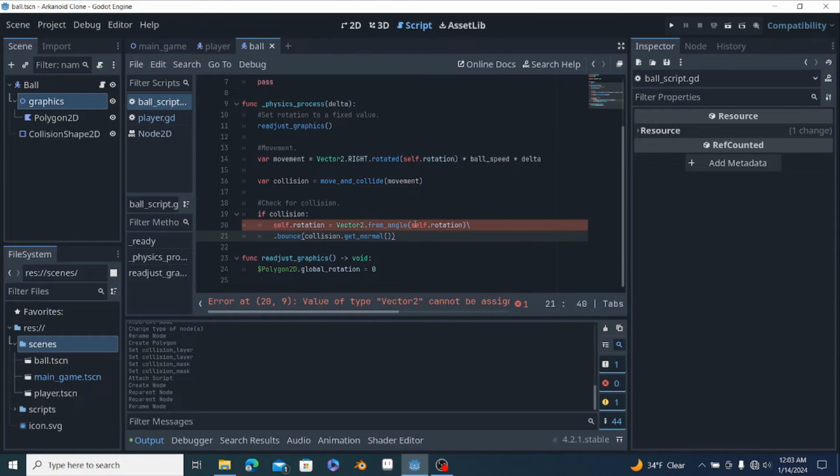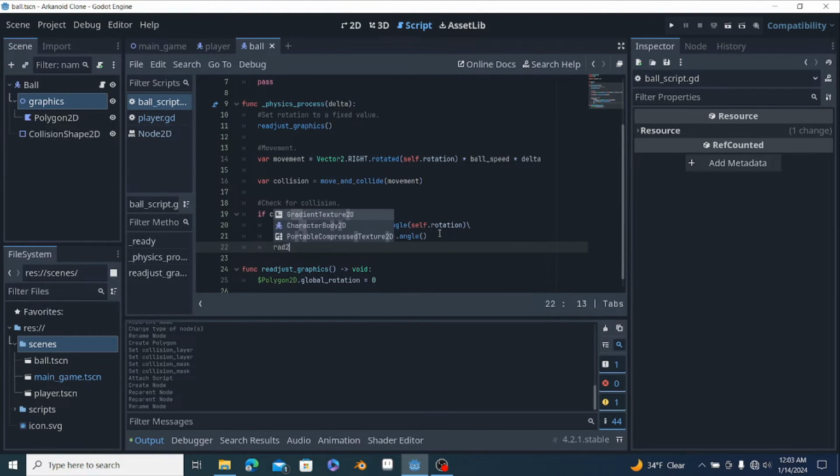Get normal dot angle. Keep in mind, rotation is in radians. So that way, most functions have to deal with radians when they're dealing with angles. If you want to convert to degrees, use the rad to deg function